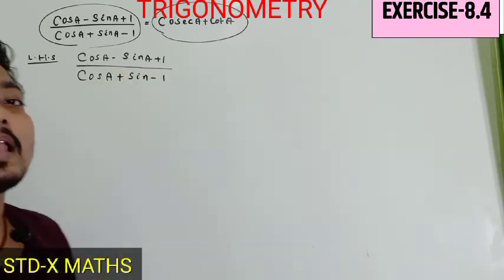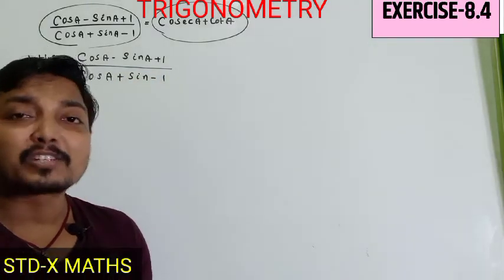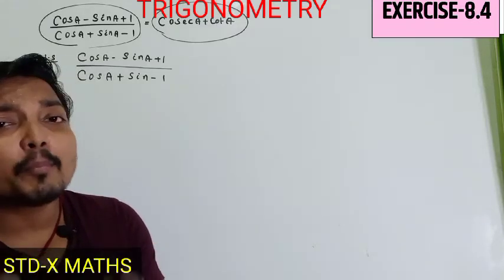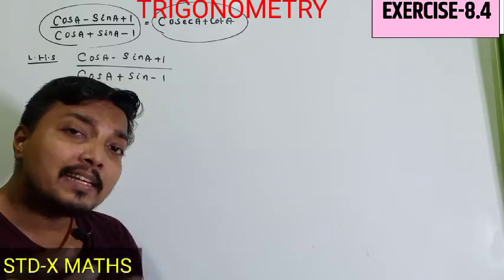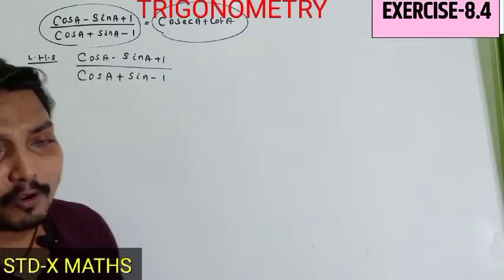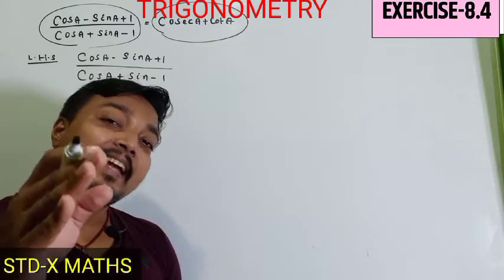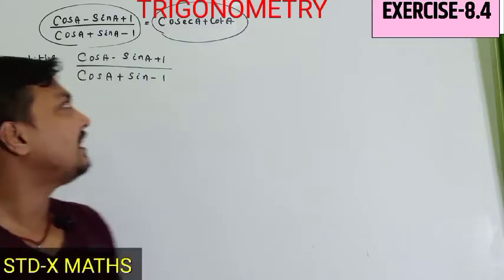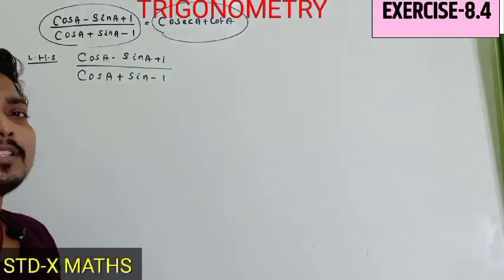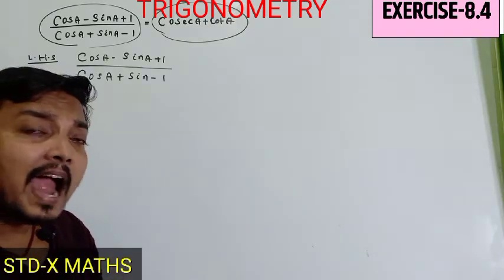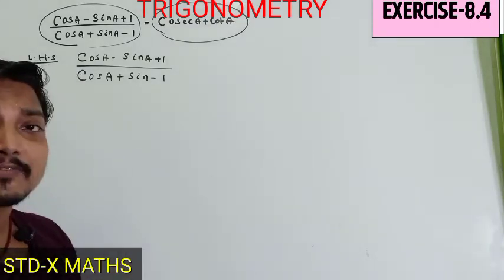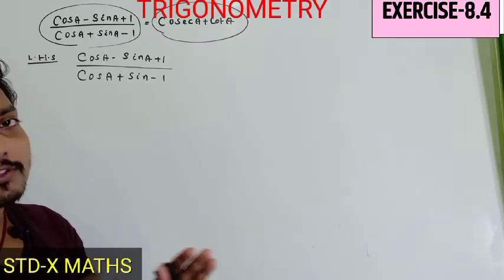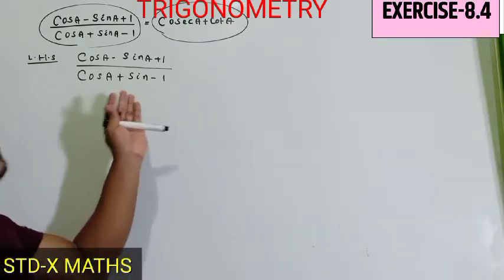So the first thing you always have to check is whether there is any trigonometric identity, or an alternative form of a trigonometric identity, hidden in the LHS expression or not. And here it is clearly seen that none of the trigonometric identities is hidden in the expression, nor can we find any alternative form of an identity in the left side.